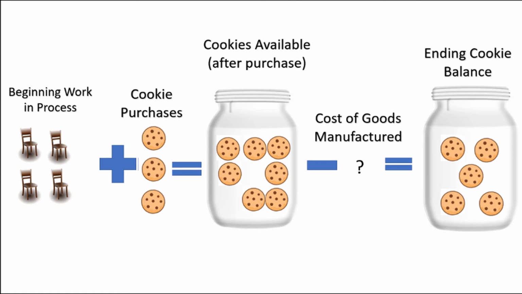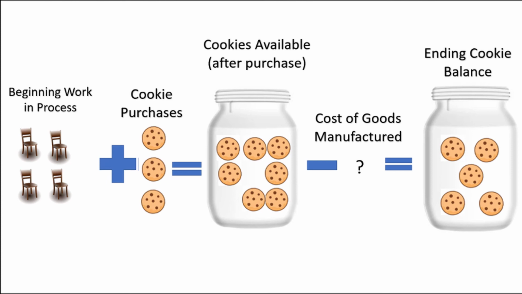Let's assume the good that this company produces is chairs. We assume that the chairs that were in process as of the beginning of the period will be finished in the period, and therefore will be included in the cost of goods manufactured. I'm using the icon for 4 chairs here, but we would be using the cost of those chairs. I'm also using the icon for an entire chair, although I realize that when a chair is in process, it's probably not fully assembled yet.